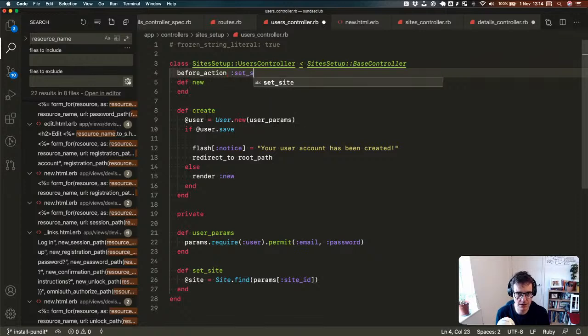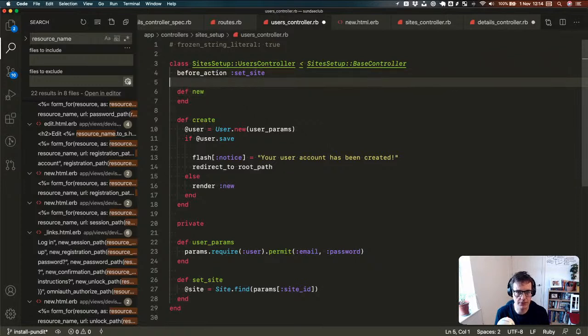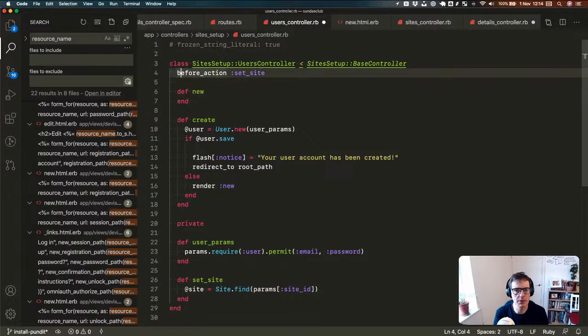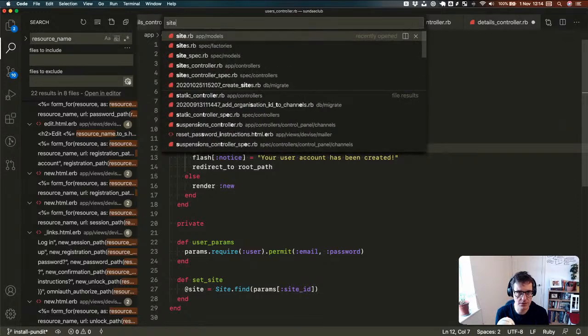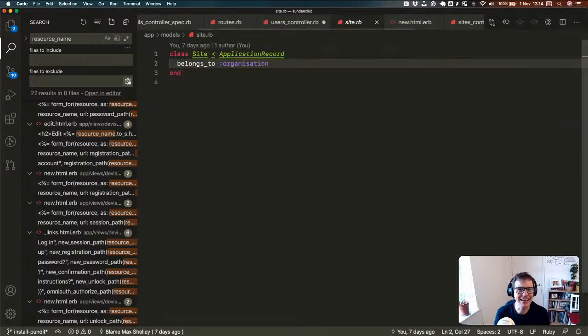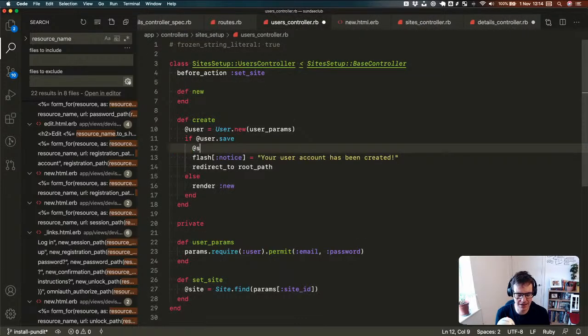And so then we can create a before action, which is set site, and we can have that fire on each one. Set site, and in here that means we now have our site, and we can say, did we associate the site with anything? Yeah, belongs to an organization. Great. Okay, so we can then say site dot organization